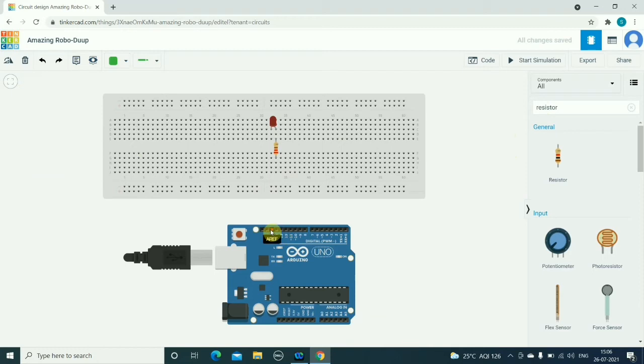Now in my previous video I have already explained the basic Arduino board and all the pin connections and the pin numbers of this Arduino board. In that I have already explained that pin number 0 to pin number 13, that means these total 14 pins, are for digital input and output. So here I am using one of the pins from this 0 to 13. I am using pin number 13 as a digital output pin, and therefore I am connecting this pin number 13 to anode of this LED through one resistor. So I will make the connection.